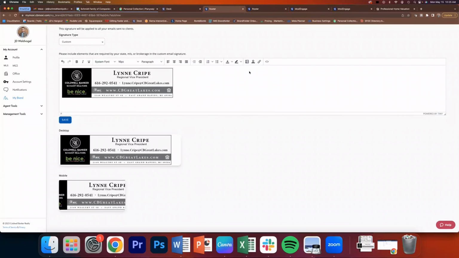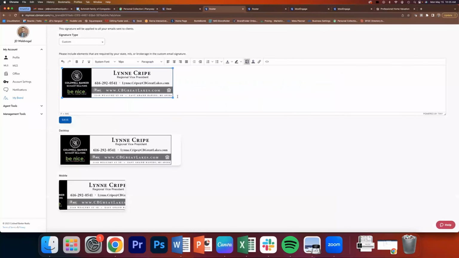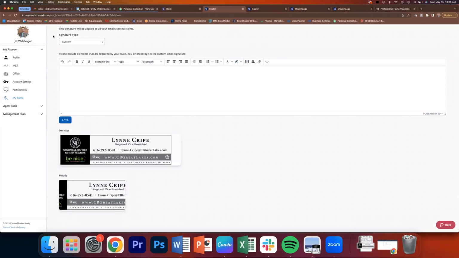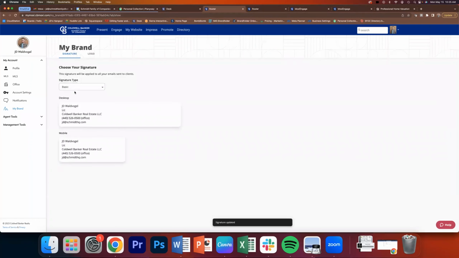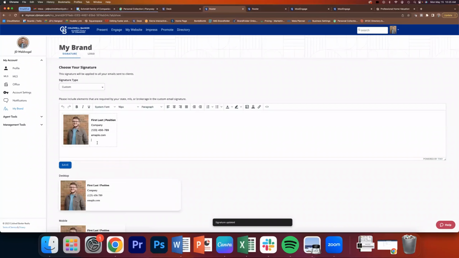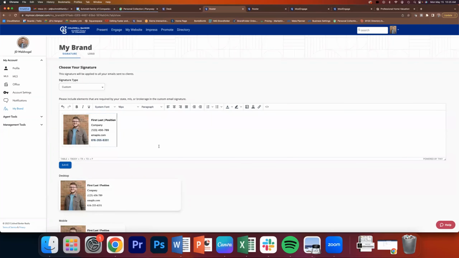A signature with call buttons? Yes, Brenda, I believe you can add an HTML signature. That's where things are a little bit messy. When you have a signature that's HTML, meaning it has buttons and stuff like that, you have a couple of options. One, I could literally just put my phone number in here, and when people are on their device, depending on the device, it should automatically bring up the call button. If it doesn't, which again depends on the devices,